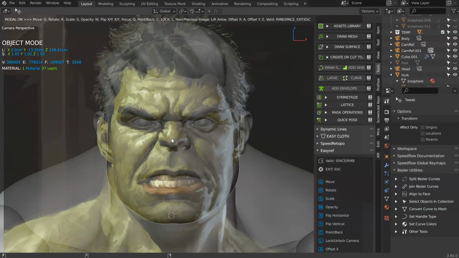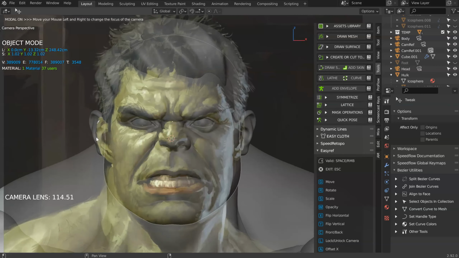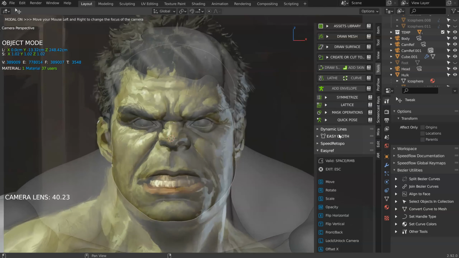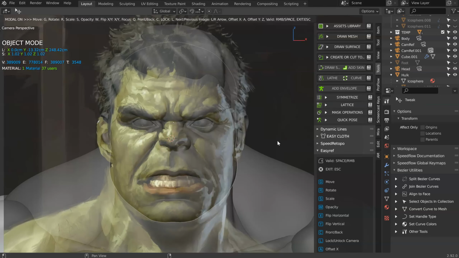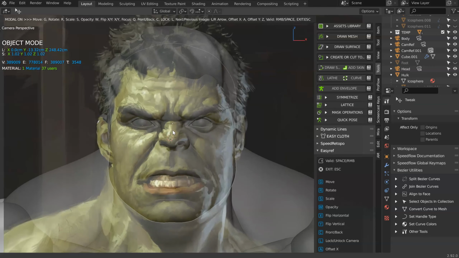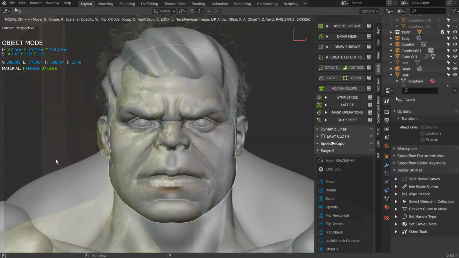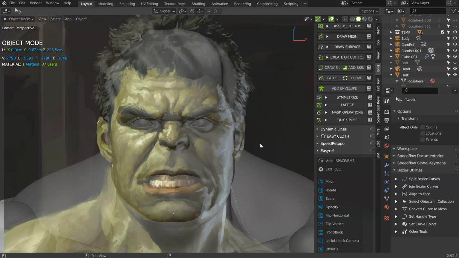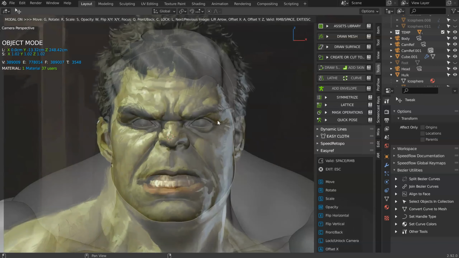You can move the cursor with Shift and RMB and play with Q, and that will change the focal length. So just like that, you will be able to make the focal length the same as the picture you are using as reference. And after, let's try to make it correct. Let's see, like that. I think I will edit it a little. Like that. So with this, as you can see, EasyRef is really useful.